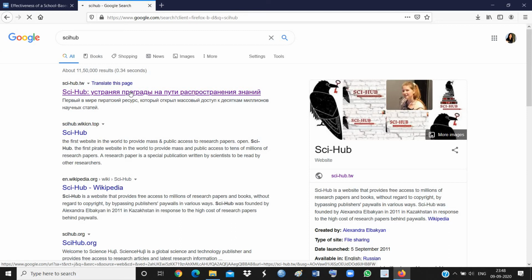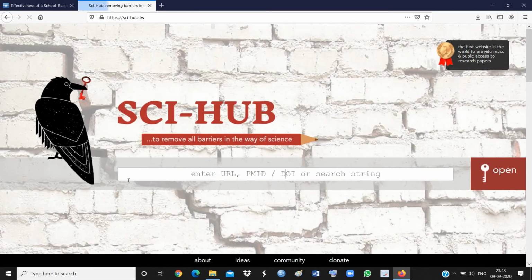We just have to click on it and we'll land on the page of Sci-Hub. It is a very simple kind of gateway where we can enter the URL of that paper, the PubMed ID if we got the research article from the PubMed interface, the DOI, or any search string or keywords that you feel are unique to the paper. Whichever is available, we can just enter it over here and open it.